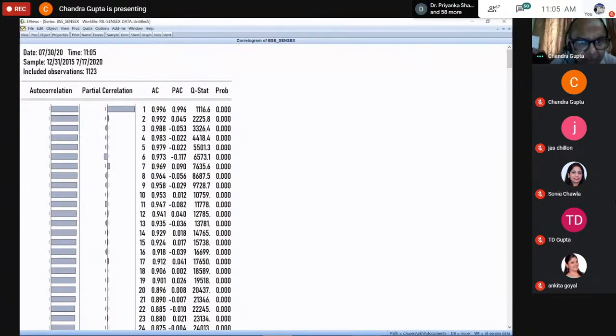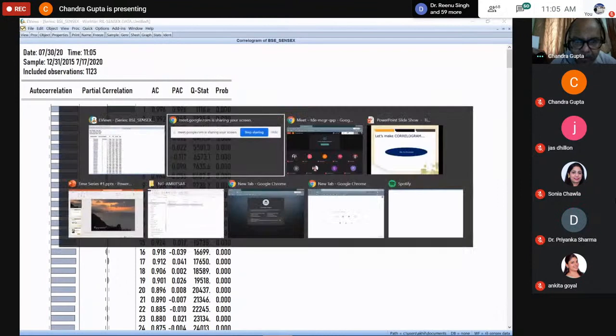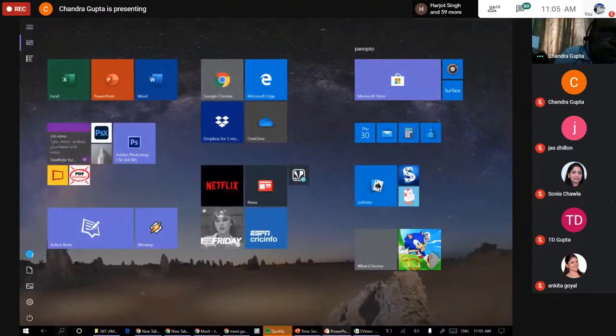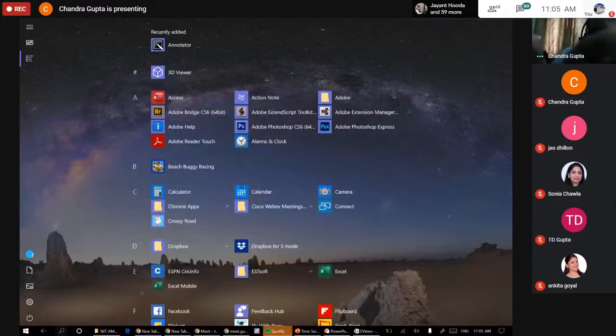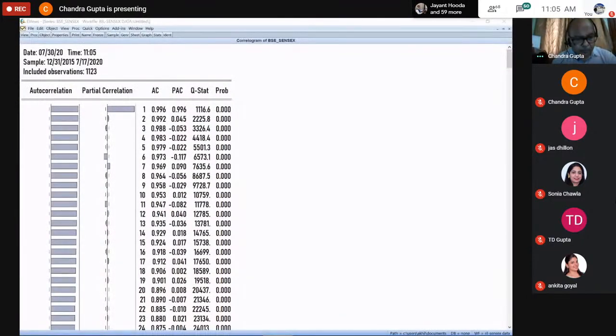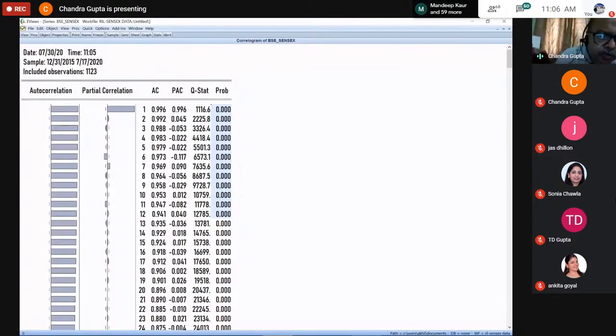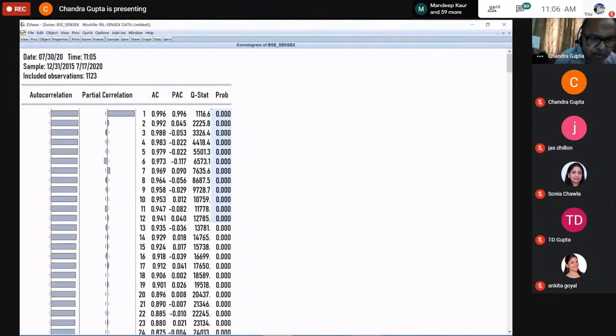Okay, and now you can see and visualize. Okay, if you see the graph, you will find the autocorrelation is,